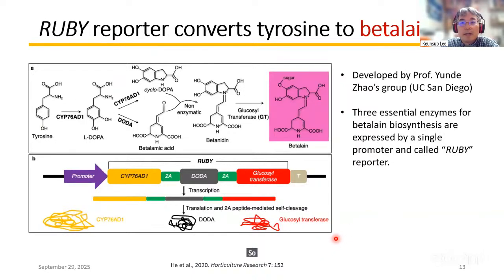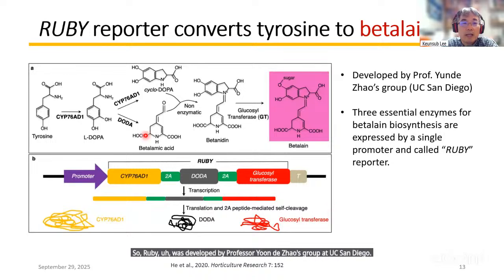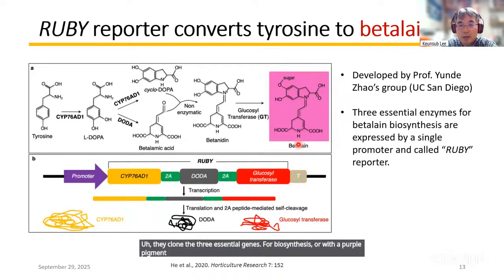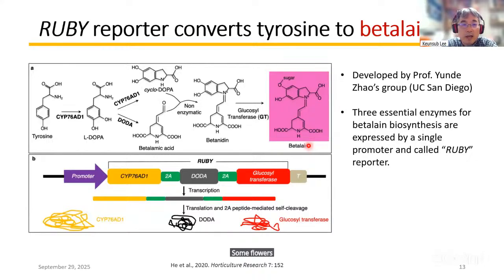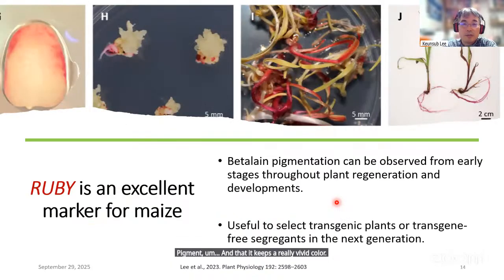Ruby was developed by Professor Yunde Zhao's group at UC San Diego. They cloned three essential genes for the biosynthesis of the purple pigment called betalain. You can see this color in some flowers and in beets. It converts tyrosine into this colorful pigment, and it gives a really vivid color during tissue culture. So we just started using it in